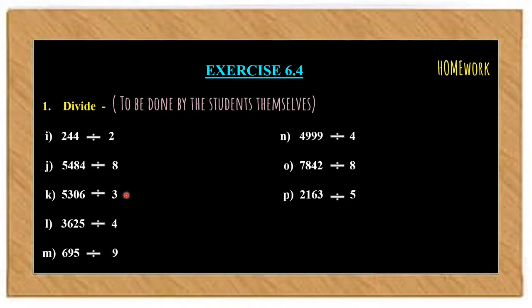K part says 5306 divided by 3. L part says 3625 divided by 4. The next we have 695 divided by 9. N part says 4999 divided by 4,